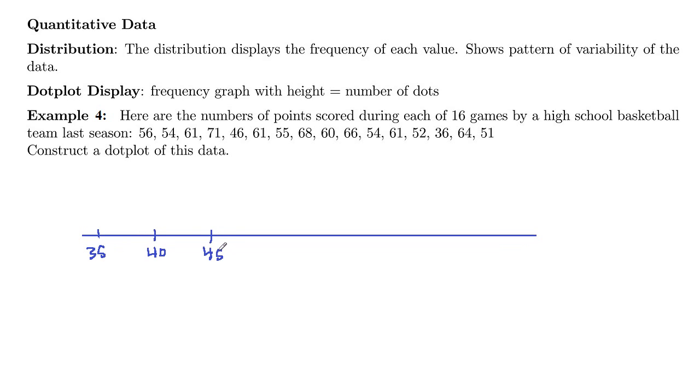45, 50, 55, 60, 65, and 70. And now we'll just go through our list and we'll put a dot for each value. So 56 would be about right here, and 54 about right here, 61 here, and 71 there,